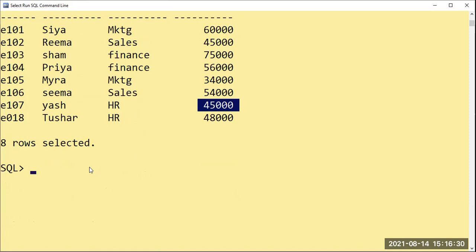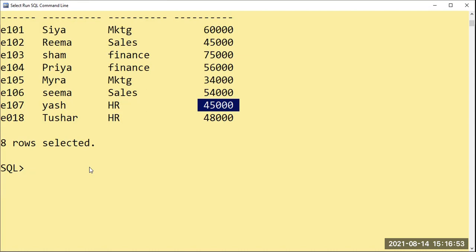Suppose you have 100 records, and the salaries of some employees have to be updated. They will give you a handwritten copy of the employee ID and name.